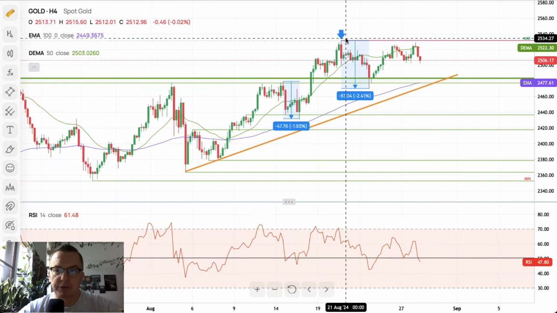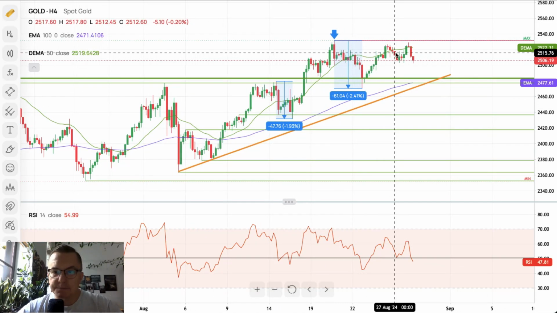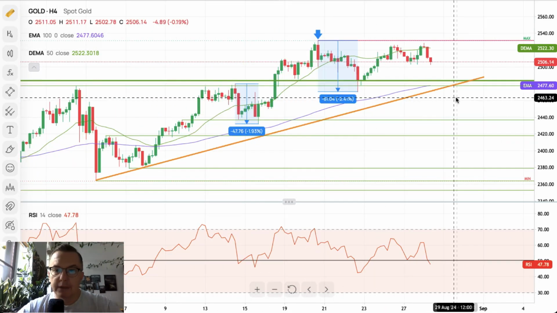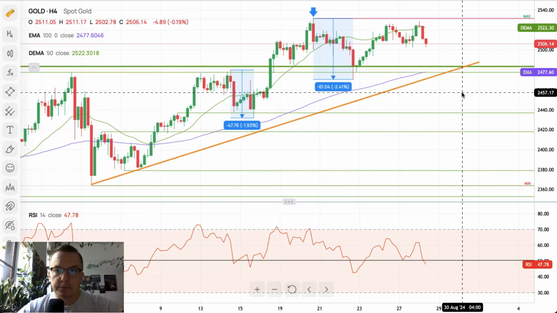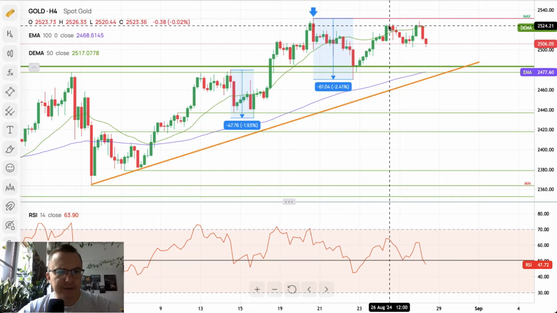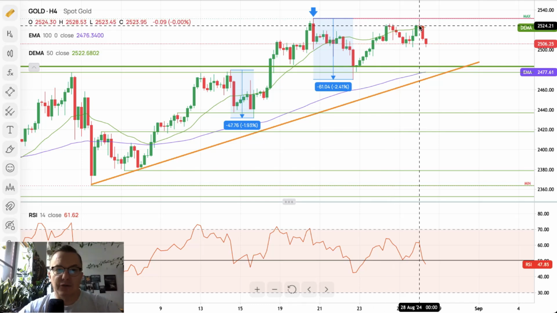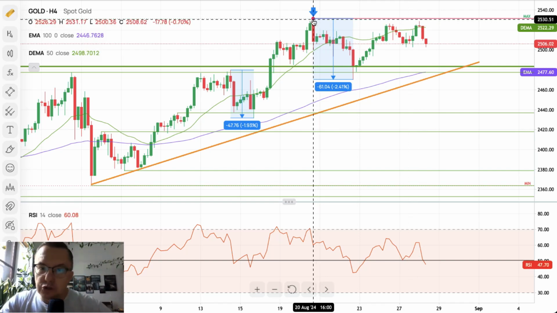We haven't seen the gold market for quite some time, so let me just take a look at the gold market. What do we have here? Again, the gold market is trying to move higher after the situation with 2,526 local high and $2,528 local high. So it looks like the bulls really want to